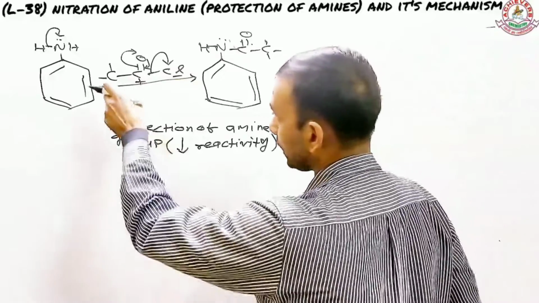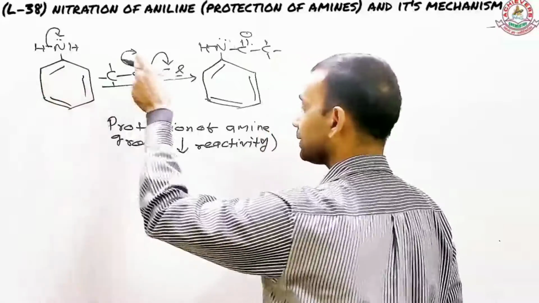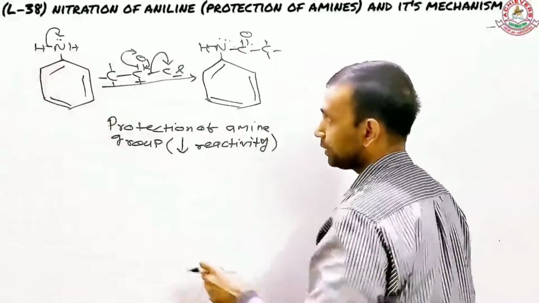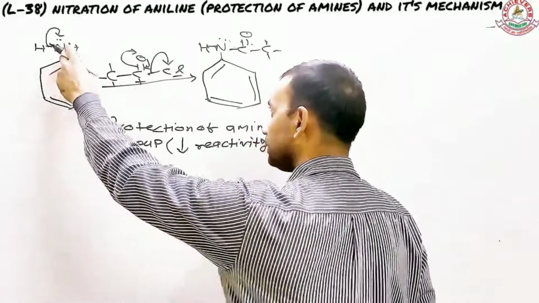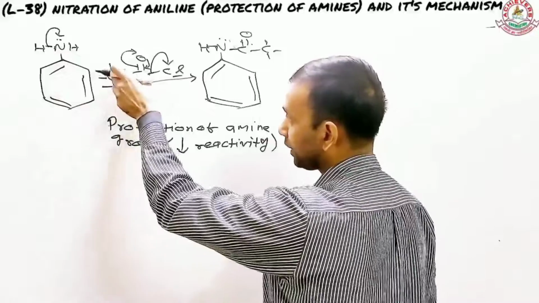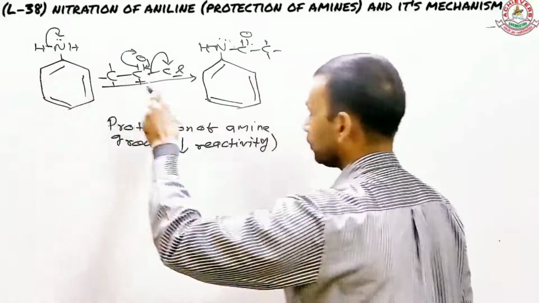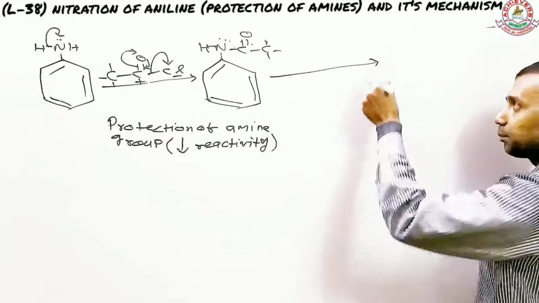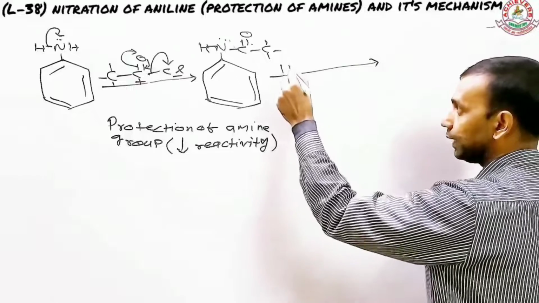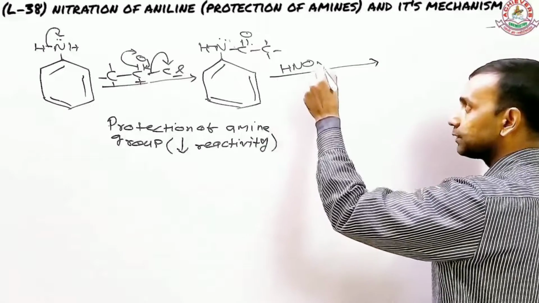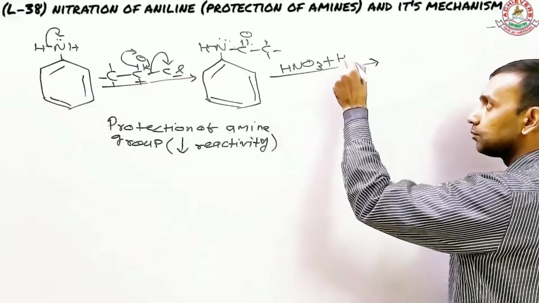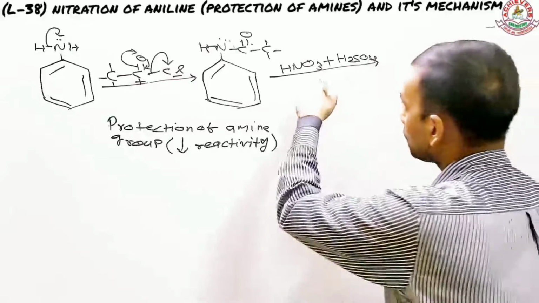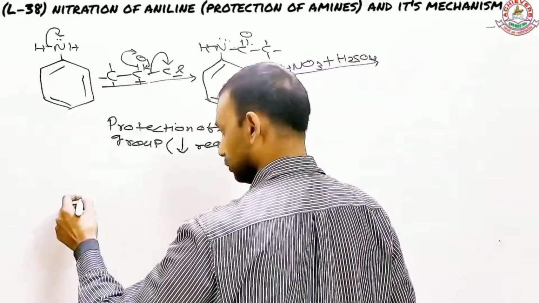So what you did, once you reacted aniline with the acetyl chloride, the acetyl group attached to the nitrogen, and therefore the reactivity of nitrogen has been partially utilized by this group, and therefore the reactivity of aniline has now decreased. In the next step, you can add your desired reagent, and that is HNO3, and that's also assisted by H2SO4. Now in case you want to know how this NO2 is formed, let me take you through that.